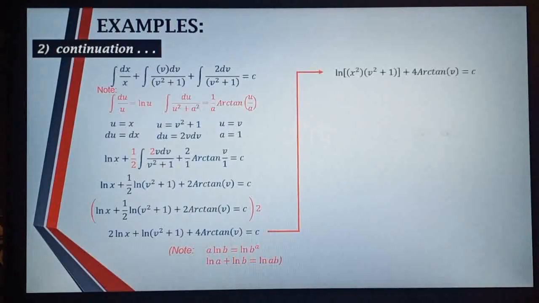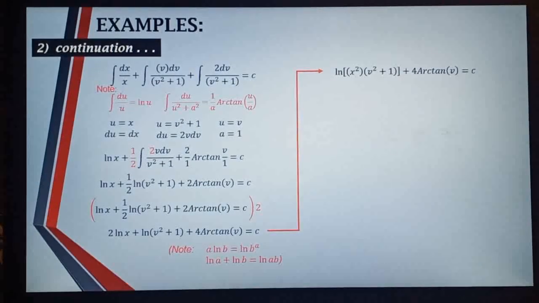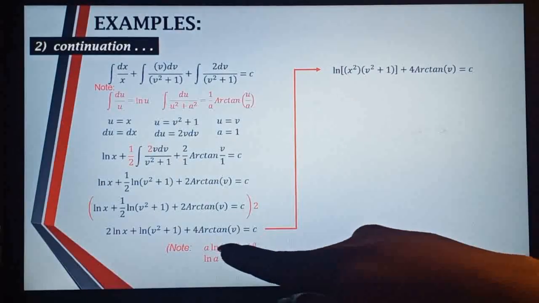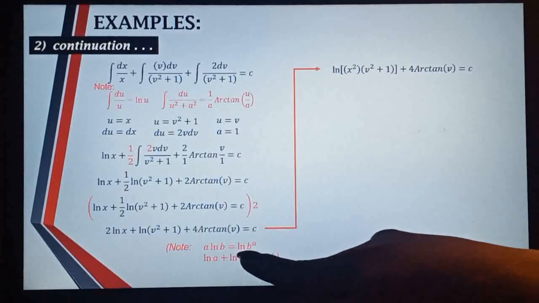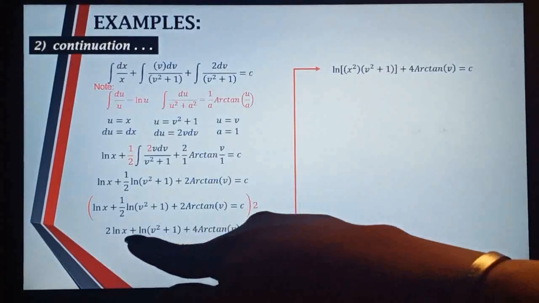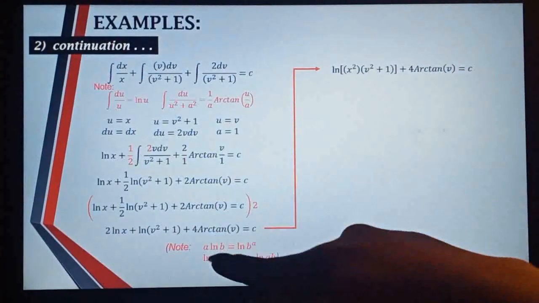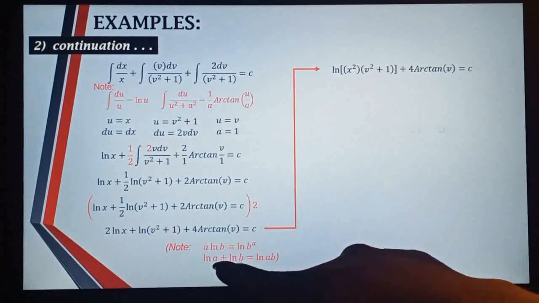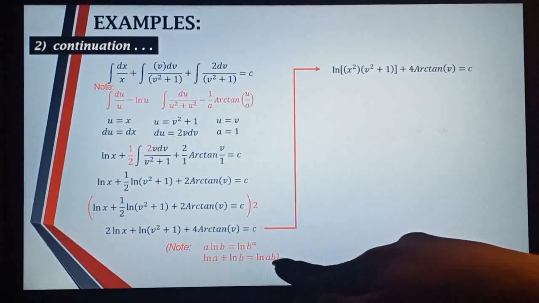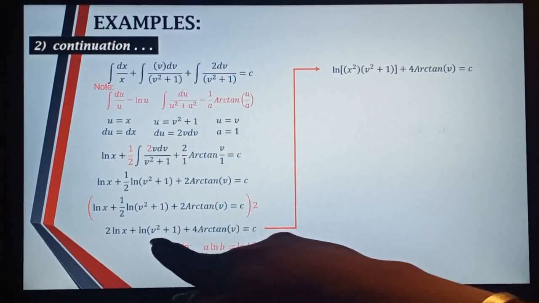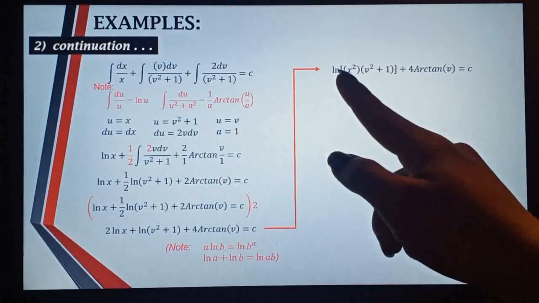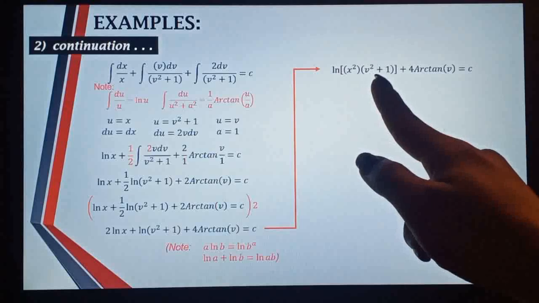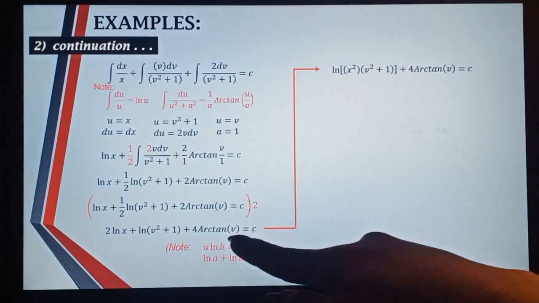Pero bago natin ibalik sa x and y, we need to simplify first yung equation. So, following this property, if you have a ln of b, this can be ln of b raised to a. So, ito yon. So, this can be ln of x squared. Tapos, since you have the sum of the two ln's, it can be ln of ab. So pwede natin pagsamahin to. This can be ln of a multiplied to b. You will now have ln of x squared multiplied to v squared plus 1 plus the 4 of arctan v,